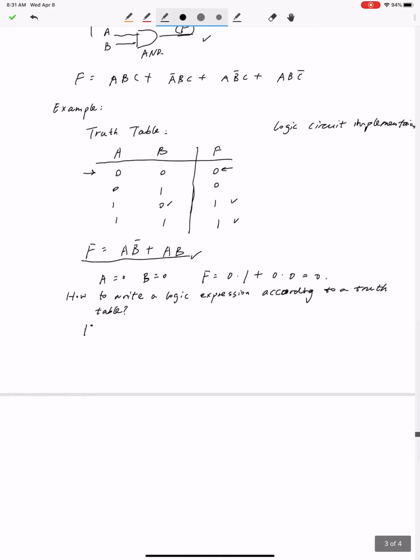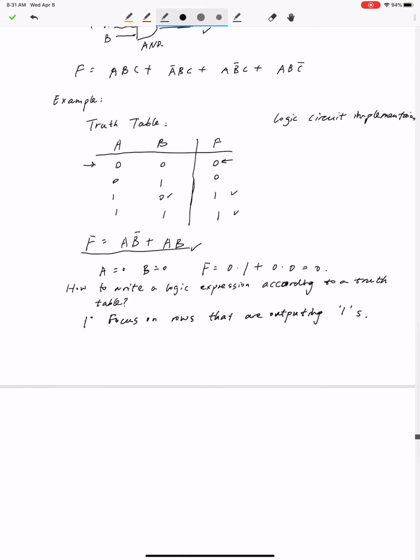Alright, so the first step is we focus on rows that are outputting ones. Okay. And in this example, if we number these rows,